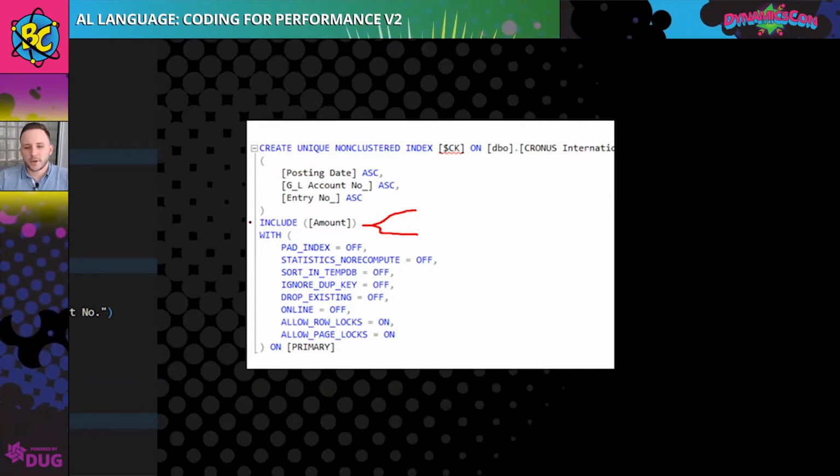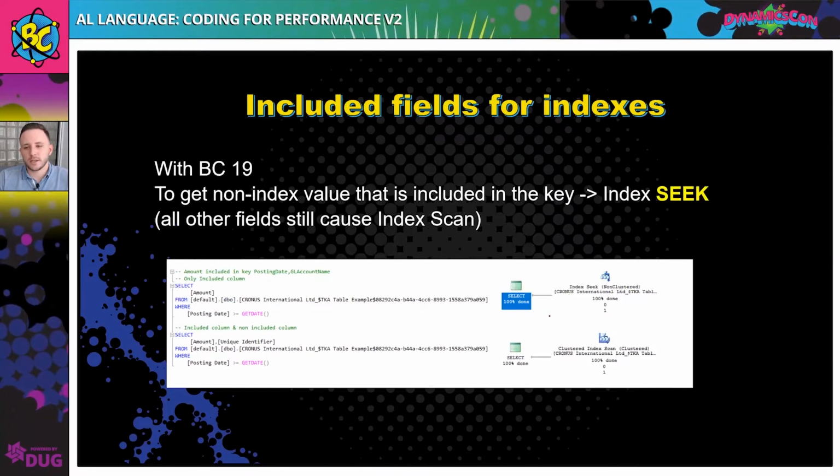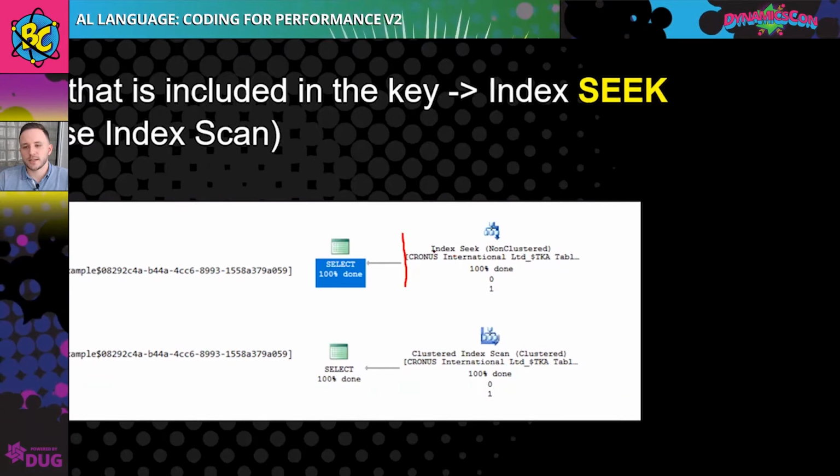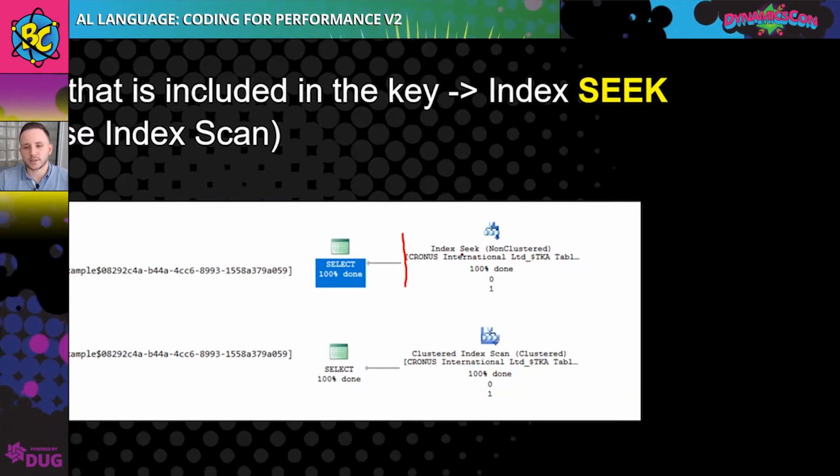So in the previous version, we have keys without this line. With the Business Central 2021 Wave 2, we can specify that amount will be included in this key, and then if we look at the process itself, then the key is included. So the SQL Server needs to do just index seek. Index seek is the quickest operation in the SQL Server. It just looks at the exact record or exact records